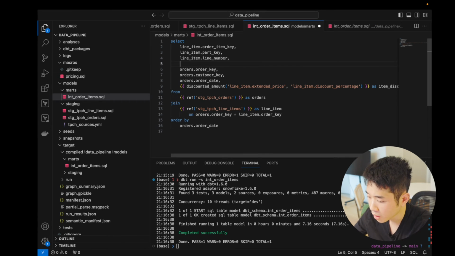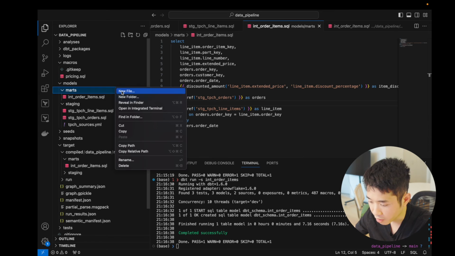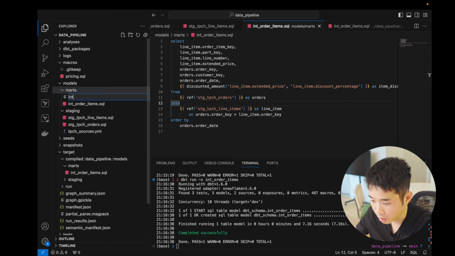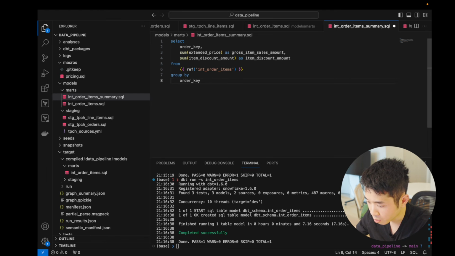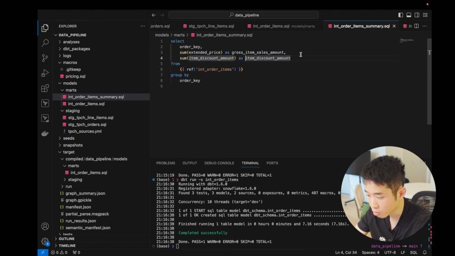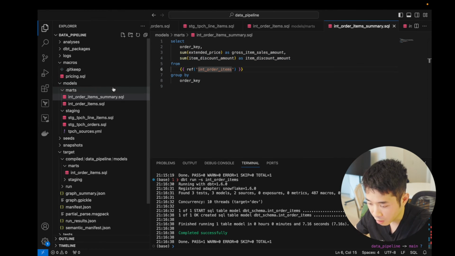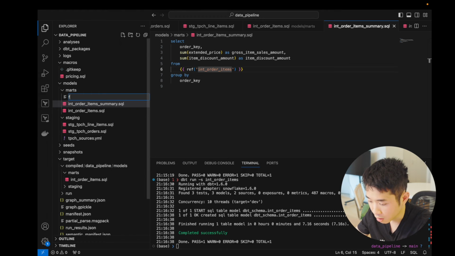Good. By the way, I'm going to add a new column here. Let's add extended price. Let's create more intermediate files. I'm going to do this really quickly. Int order items summary.sql. It's going to do a simple group by, taking the intermediate files we created and just do a group by over the extended price and discount amount. And finally, let's create a fact model. So fct